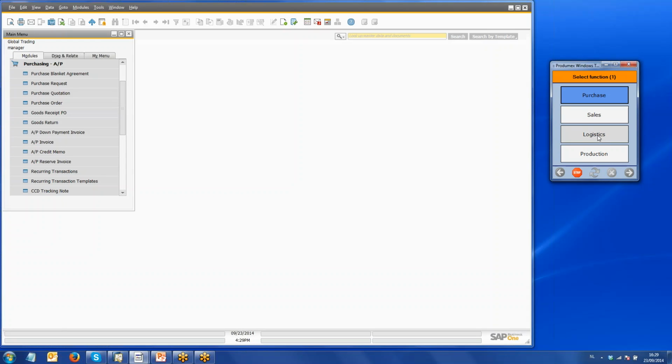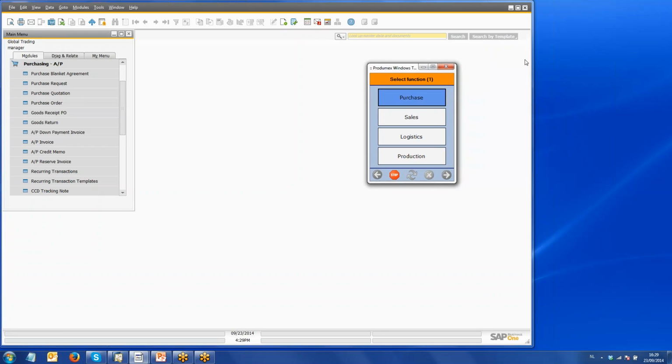We've got the internal logistics, so the internal moves in the warehouse, or for instance also inventory tasks like cycle counting. And we have got here a link to production, where we then can get products from the warehouse to the production line, and from the production line back into the warehouse. So now we will select the